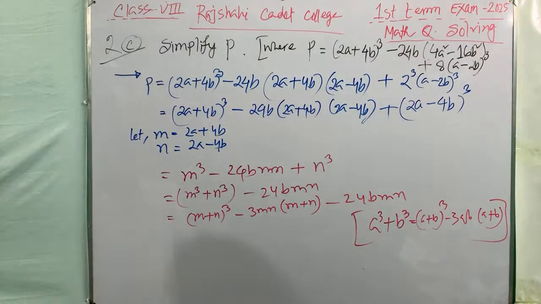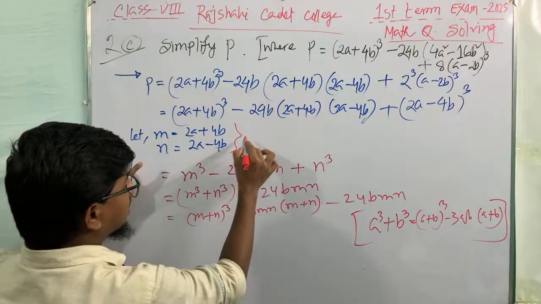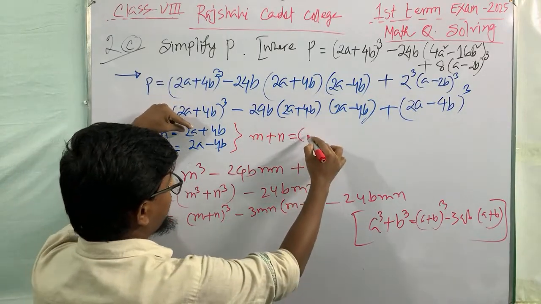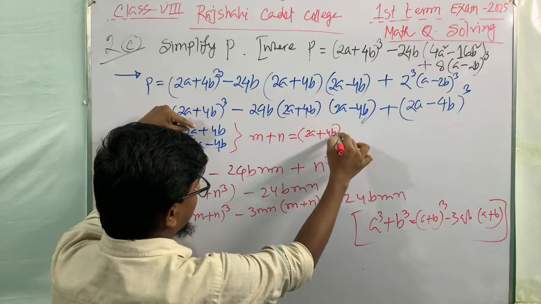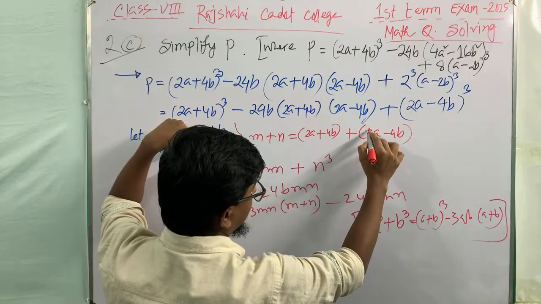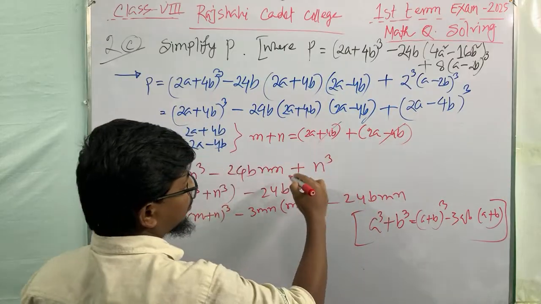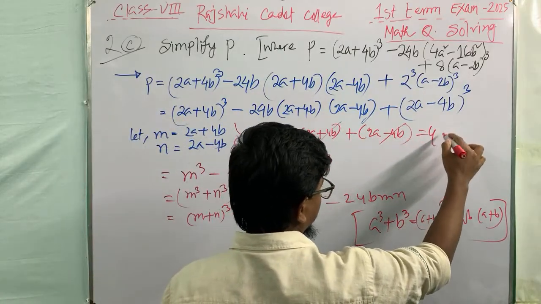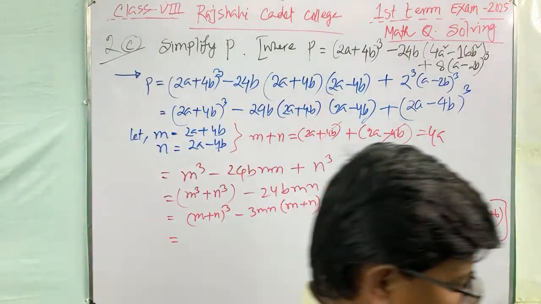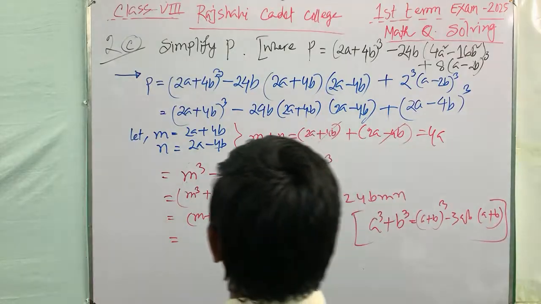Okay, so let's find m plus n from here. m plus n is, m is 2a plus 4b and n is 2a minus 4b. So minus 4b plus 4b will cancel each other. 2a plus 2a is equal to 4a. So we have 4a